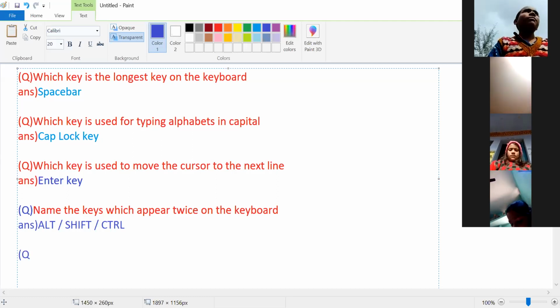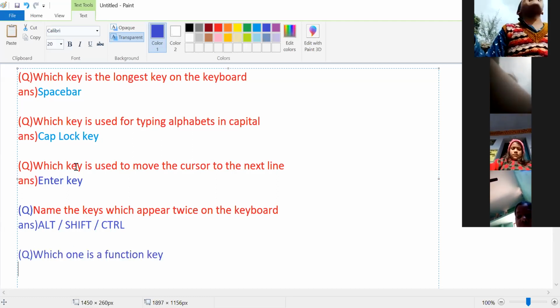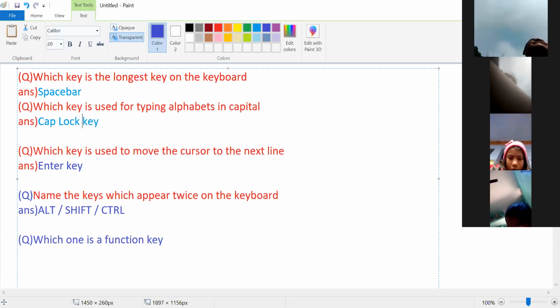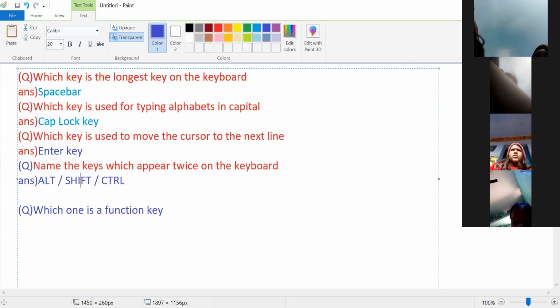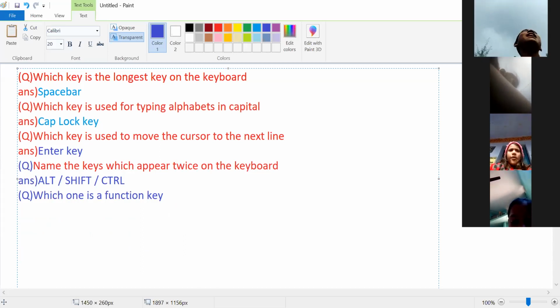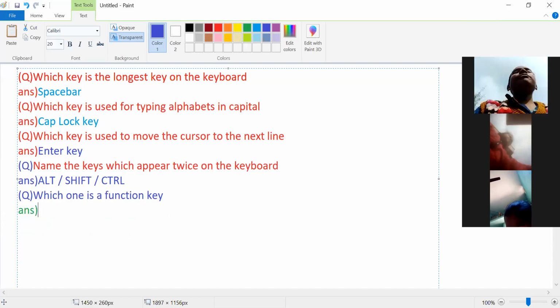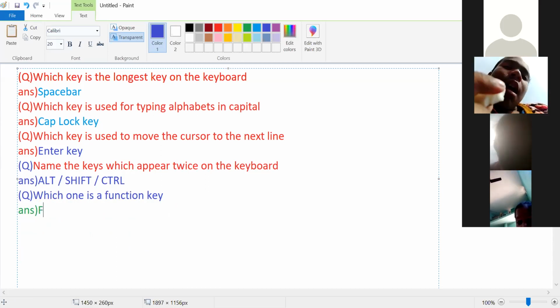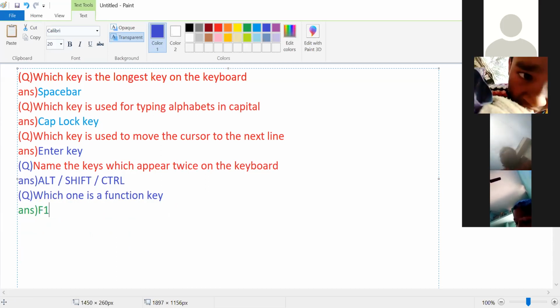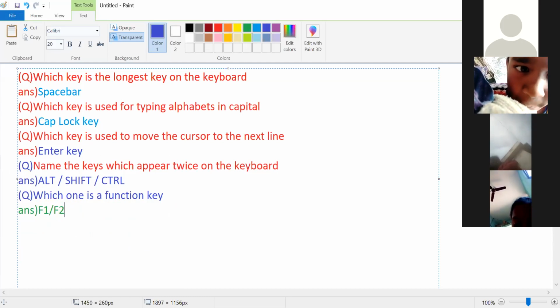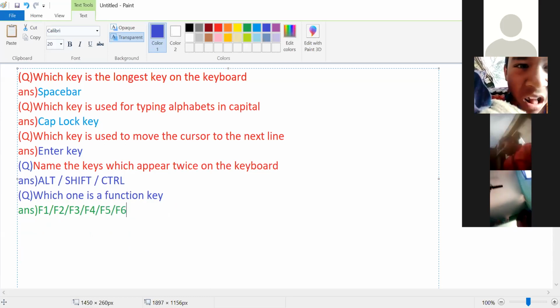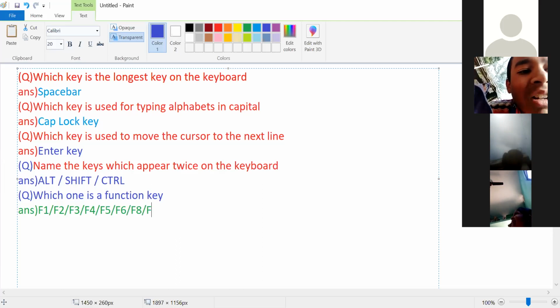Next question. Everyone try to answer. Which is a function key? Sir, F1, F2, F3, F4, F5, F6, F7, F8, F9, F10, F11, F12.